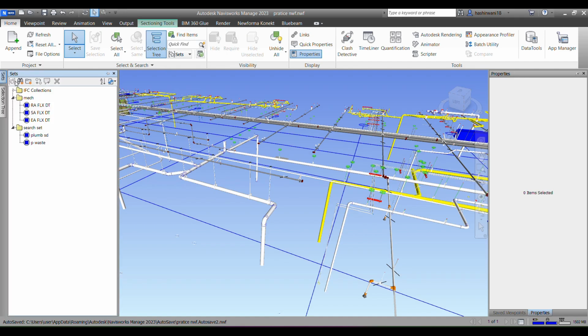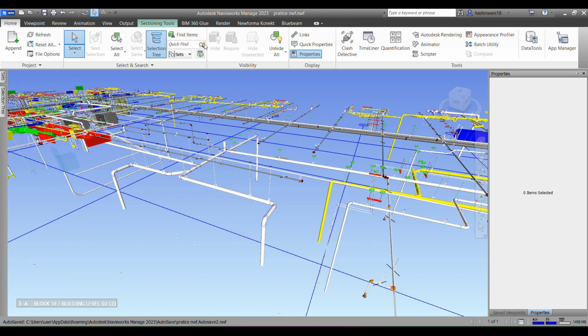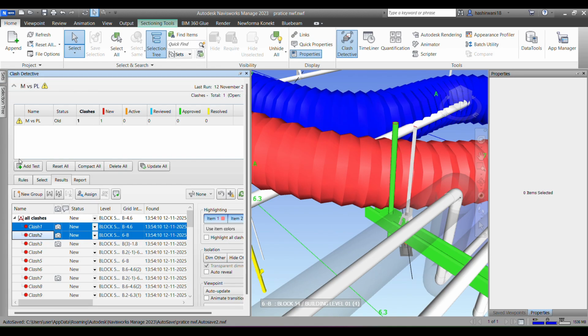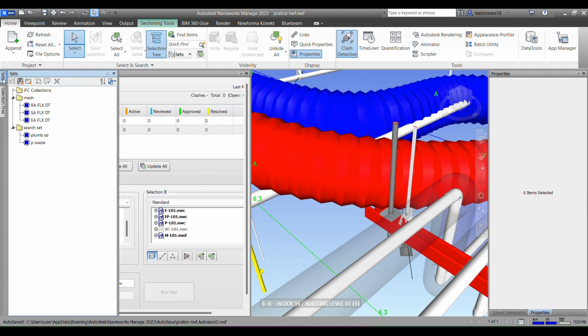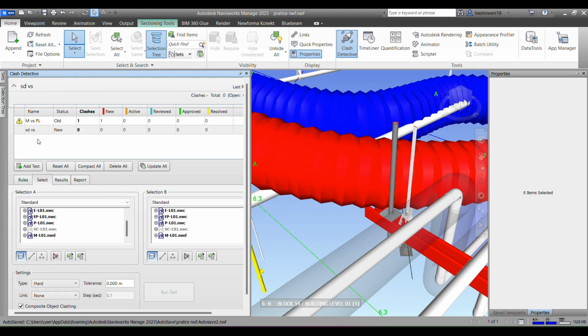Yeah, so it comes under search set category here. So now what I can do is I can run the clash between them as well if I want. For example, I add a new test. For example, here we have our SD versus, what was the category, waste, right? SD versus waste here, and I can simply select